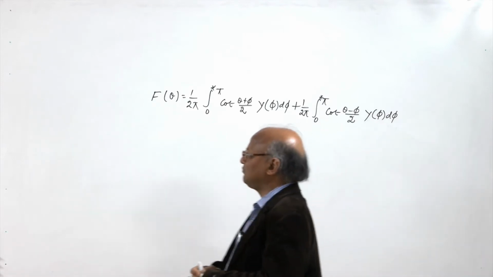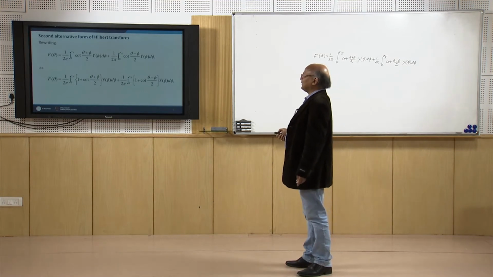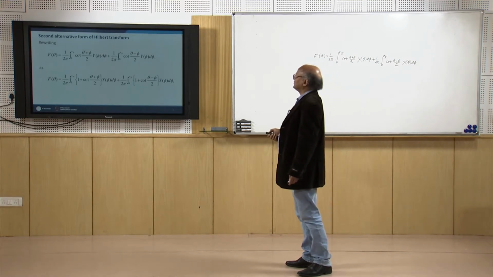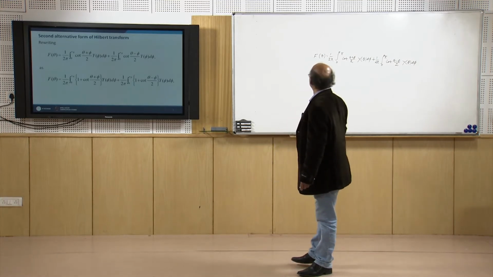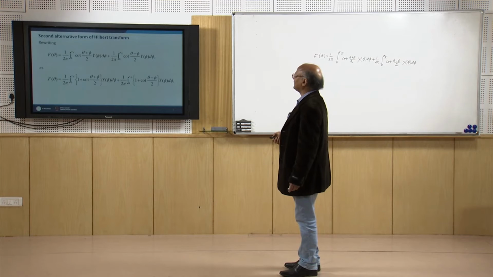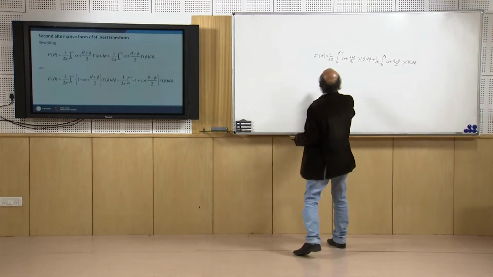In the previous lecture, when we were finding the first alternative form of equation 1, we encountered this equation. So, this equation f theta equal to 1 over 2 pi integral 0 to pi cot of (theta plus phi) by 2, y phi d phi, plus this, can be expressed as f theta equal to 1 over 2 pi integral 0 to pi of 1 plus cot of (theta plus phi) by 2, y phi d phi, plus 1 over 2 pi integral 0 to pi of 1 plus cot of (theta minus phi) by 2, y phi d phi. How can we do this? If you see, we can write it as